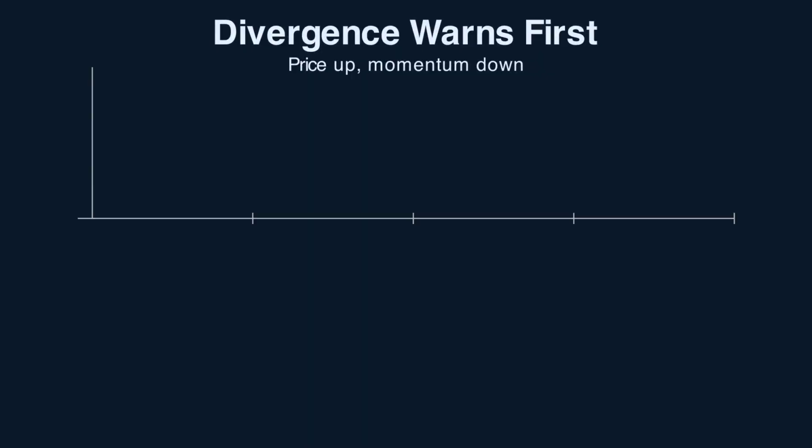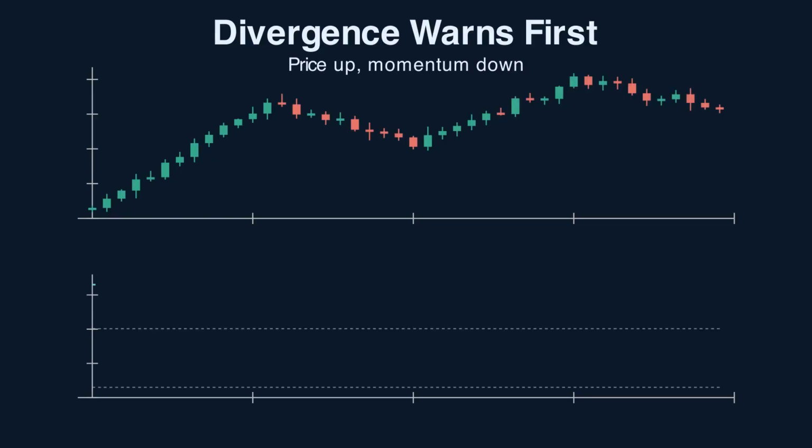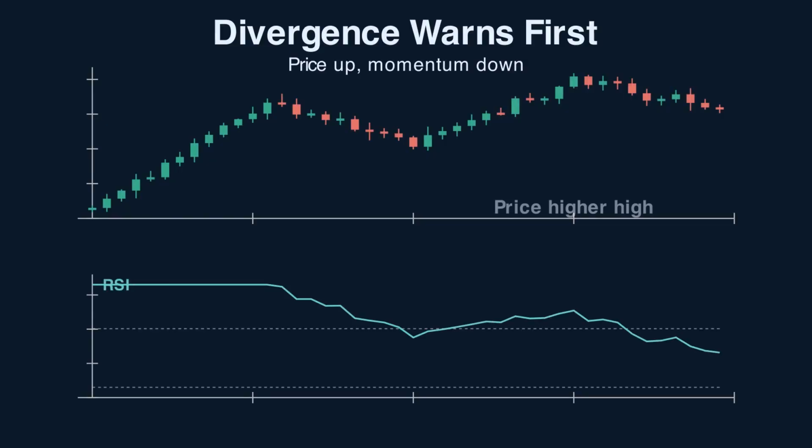The real edge is divergence. When price grinds out a higher high, but RSI makes a lower high, momentum is draining even as price rises. That disagreement is your early warning. It often shows up before price structure breaks, giving the swing trader time to tighten stops or prepare for a